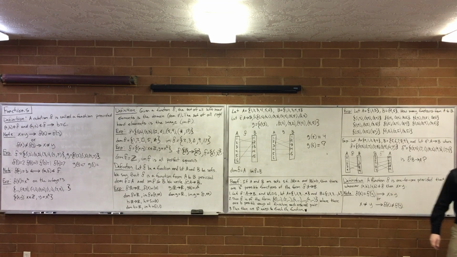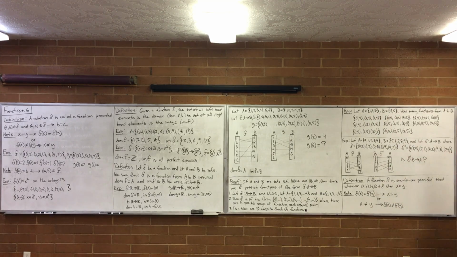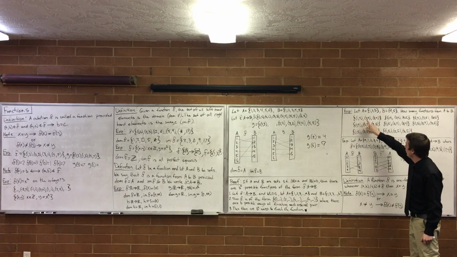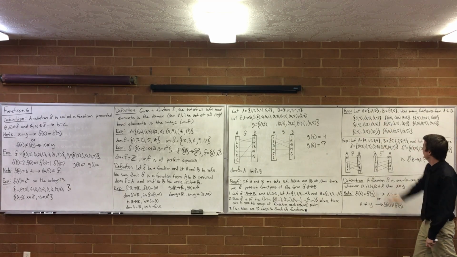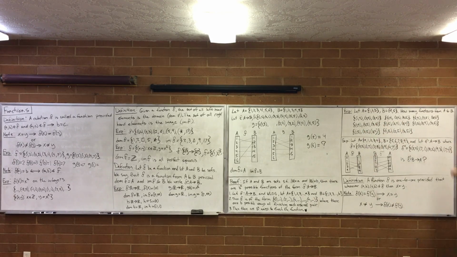Alright, let's do an example in case for some reason it didn't make sense. Let A equal the set 1, 2, 3, and B equal the set 4, 5. How many functions can we make from A to B? 2 to the power 3, or 8. 2 to the power 3 or 3 to the power 2? 2 to the power 3. Yes, 2 to the 3, good. Because we are going to have 1, 2, and 3, and then we need to fill out with 4s and 5s after that. We can do all 4s, we can do two 4s and a 5, etc. There's all 8 possibilities.